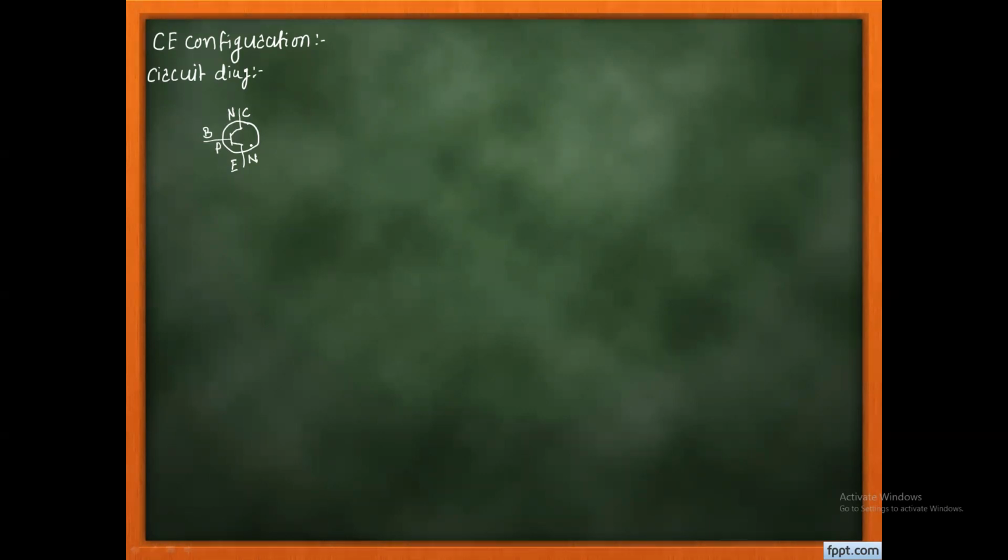For that arrow, we have two criteria. One is that the arrow is always between emitter and base, and another is that the arrow always points from the P region towards the N region. So this is the direction of the emitter current. So I can say here in this NPN type of transistor, the emitter current is the outgoing current. And once I say that the emitter current is the outgoing current, definitely the base current and the collector current are the incoming currents. Okay.